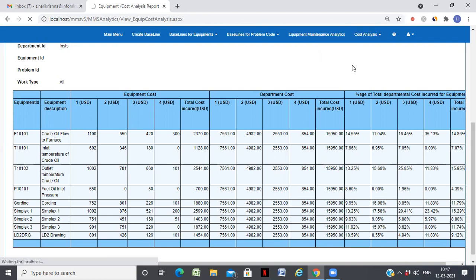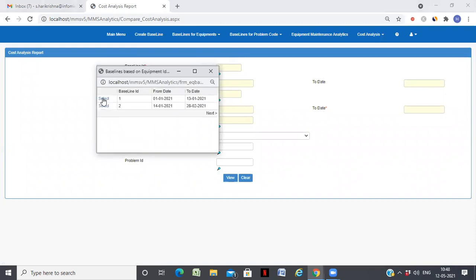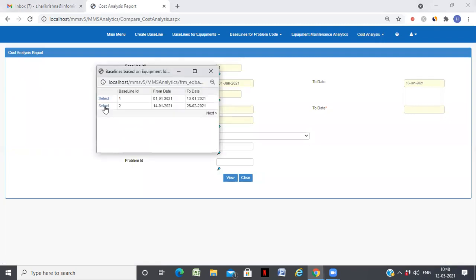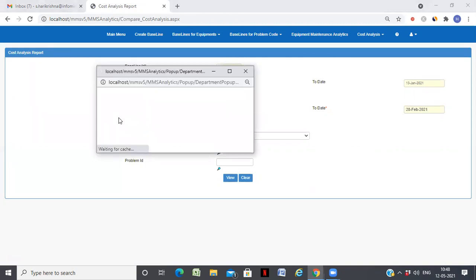And lastly, you also have a cost comparison between two benchmarks. For all the action items needed to improve your cost, whether it has actually improved or decreased, you will be able to see this by seeing this report.